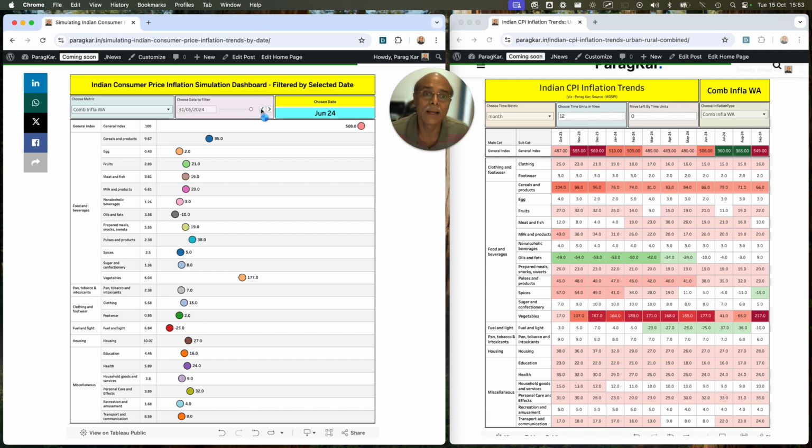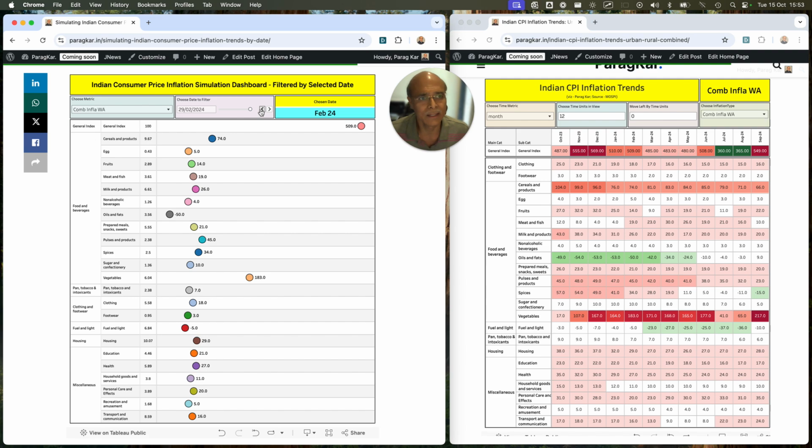So if I go back again in time, you will find that the other items are not moving much. It is only the vegetable which is actually creating this problem. See, March 24 also, you see vegetable is very high. Both the charts are giving a different flavor. You can use both the charts, and when I make my website public, you will be able to use it yourself and see how this remains current, because I have many other charts in the website which will remain current.